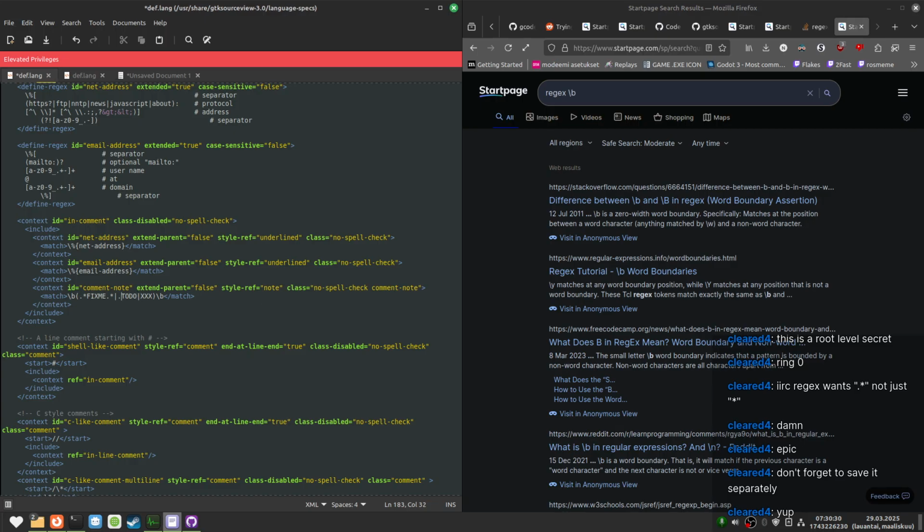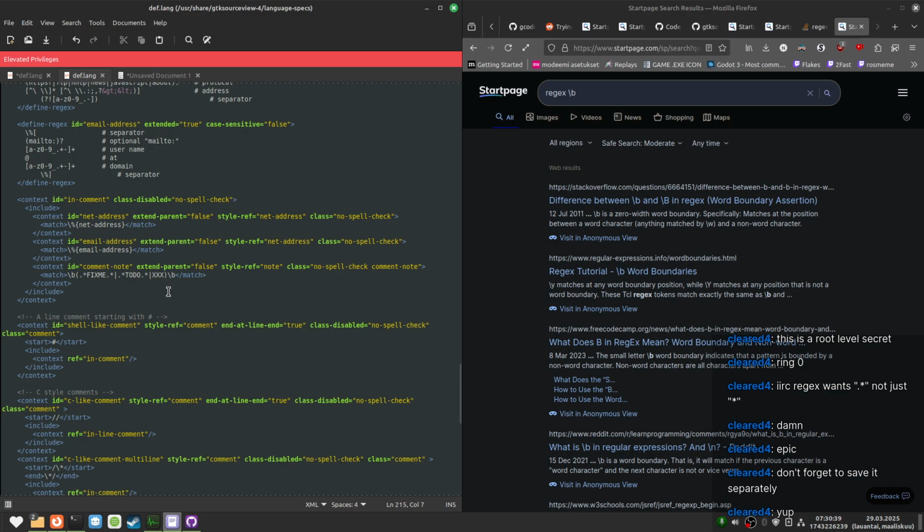We're gonna be regex pros right now. Build star. This is the thing we want.